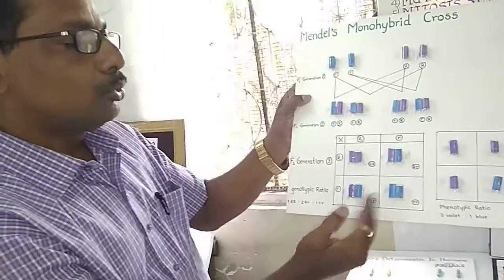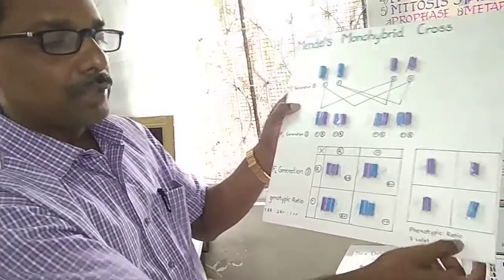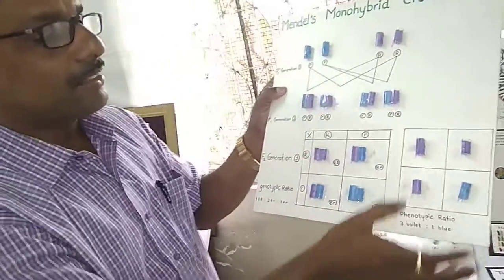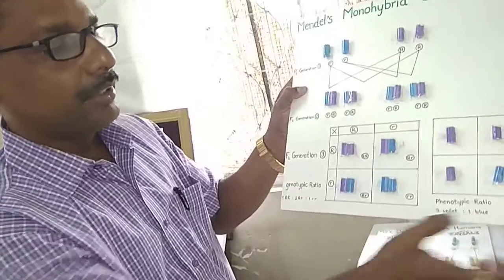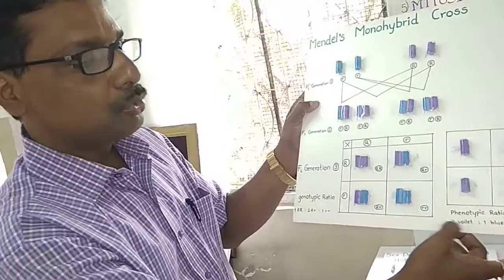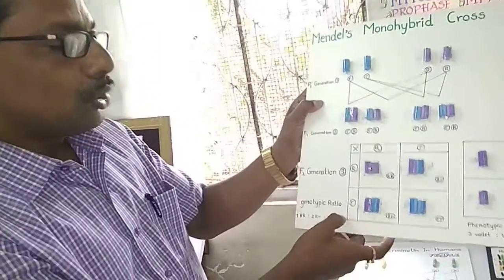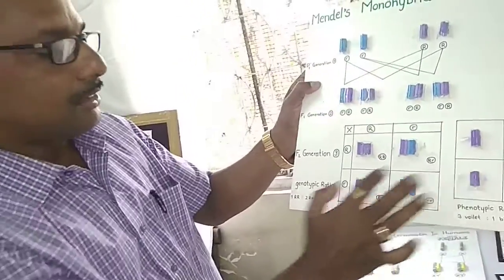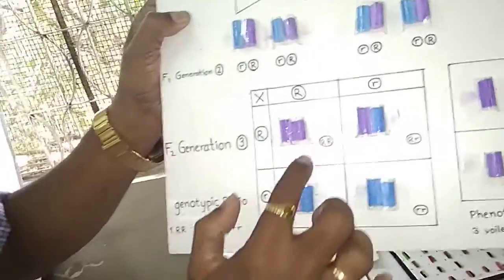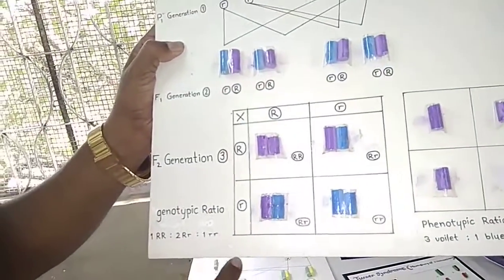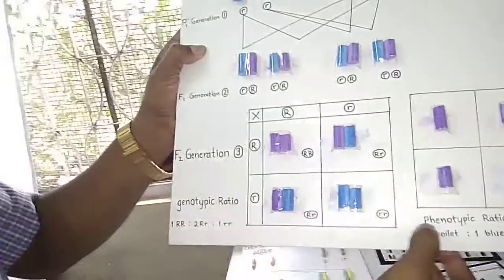And here we can show the students what exactly the phenotype ratio and the genotype ratio are. The phenotype ratio is the observable characteristic; by looking at the color, you can see 3 violet and 1 blue. So the phenotype ratio is 3:1. While for the genotype ratio, you can see RR, both capital R, then one capital R and one small r, then small r small r. So you can see the difference, 1:2:1. So the genotype ratio is 1:2:1. So here we can clear the concept of phenotype ratio and genotype ratio.